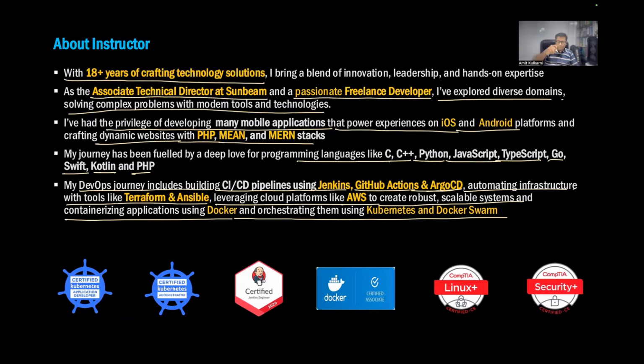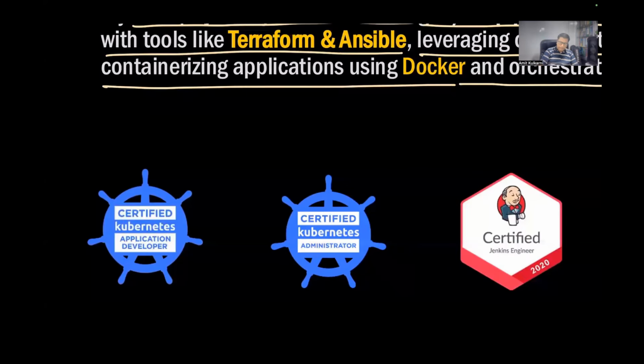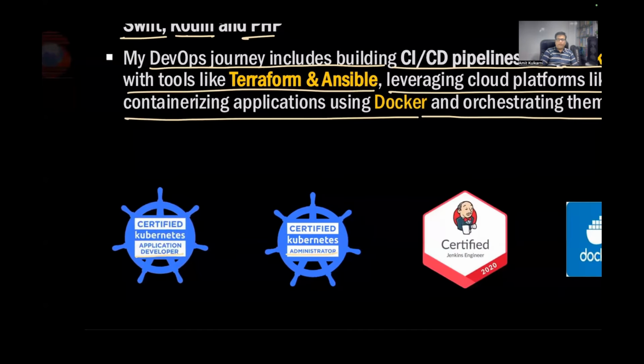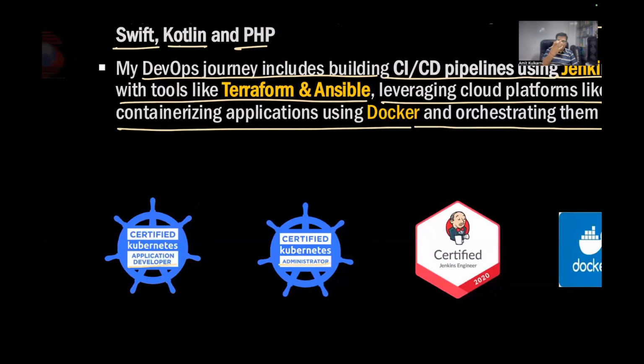Now, when it comes to DevOps, I've got the certifications from Kubernetes for both application developer and administrator. Both of them are different, with different requirements and different mindsets as well. For the administrator, as I mentioned last time, the CKA requires you to have very good hands-on Linux, networking, and then Kubernetes. Kubernetes comes in third place. First Linux, second networking, and then Kubernetes. That's the administrator side of it.